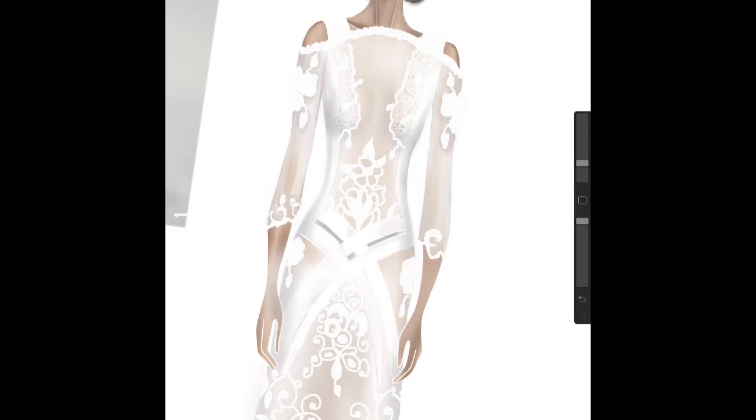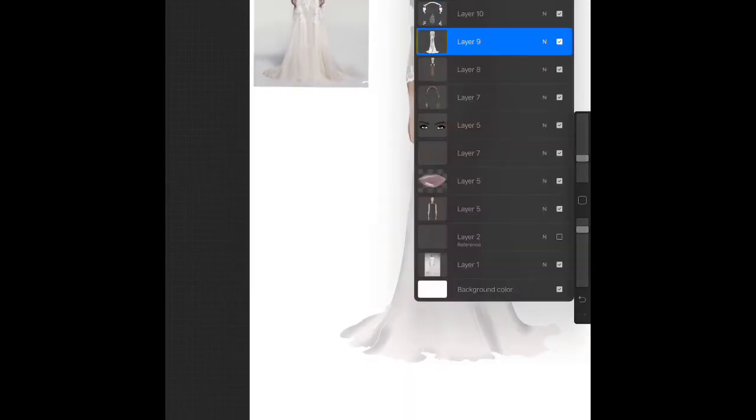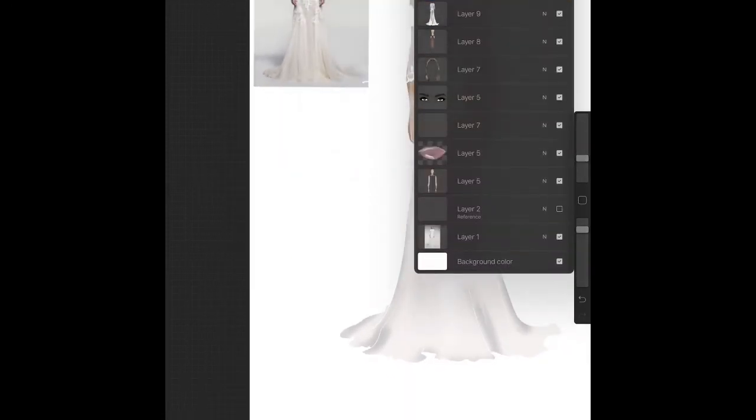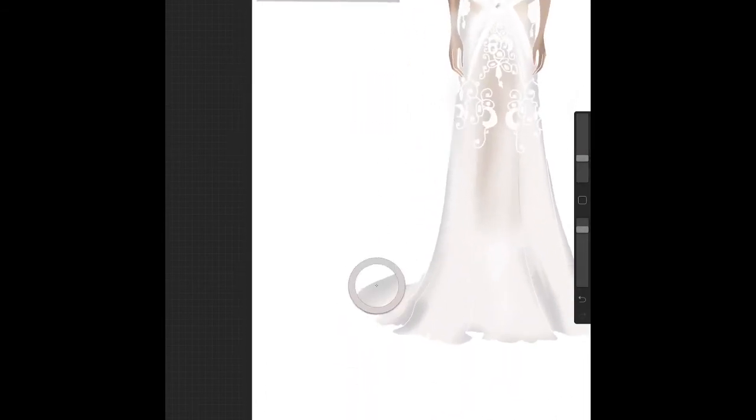Oh, I forgot a little bit of lace down here. The sleeve, fixed it. So now we're gonna do the skirt. So it's a chiffon dress, and there's a lot of fabric in this skirt. And so it will fold a lot, and it will have thin folds, not the deep, heavy folds that taffeta would have. So it will have a lot of tiny